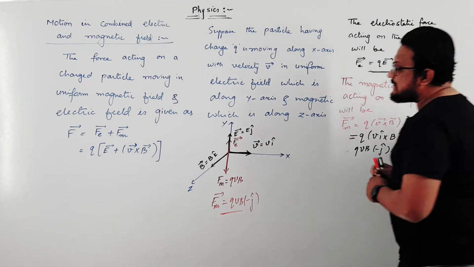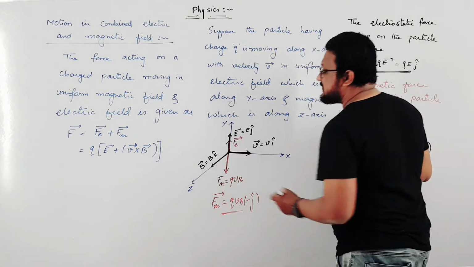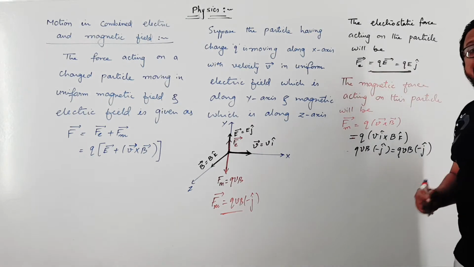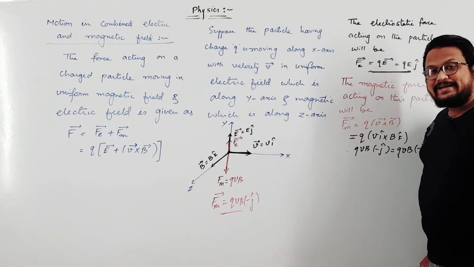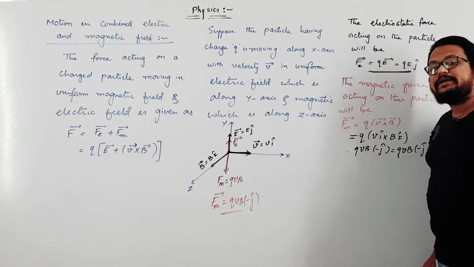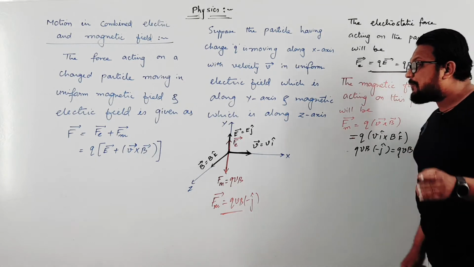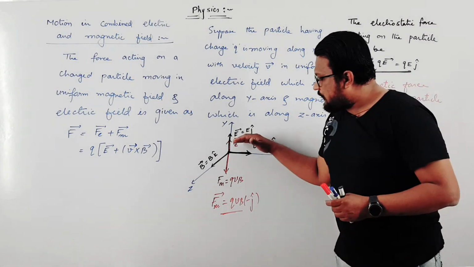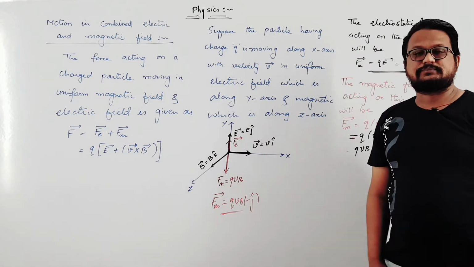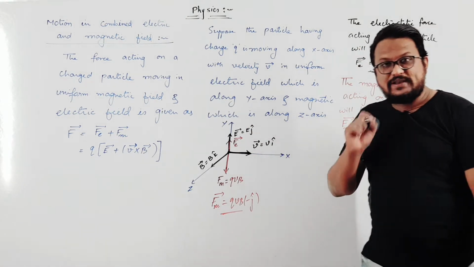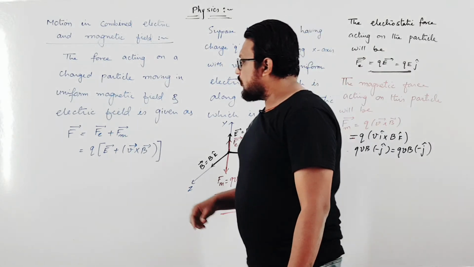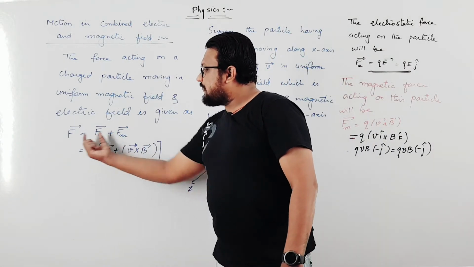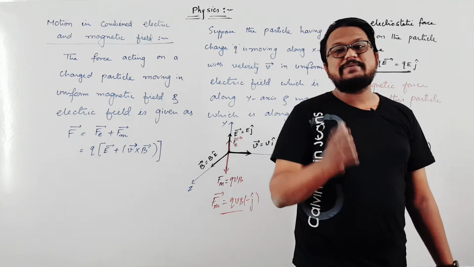So clearly you can see that these two forces, that is electrical force and magnetic force, are in opposite direction. Now suppose the electrical force and magnetic force are equal, then what will happen? If electrical force and magnetic force are equal, then Fe plus Fm will become 0, which means that if these